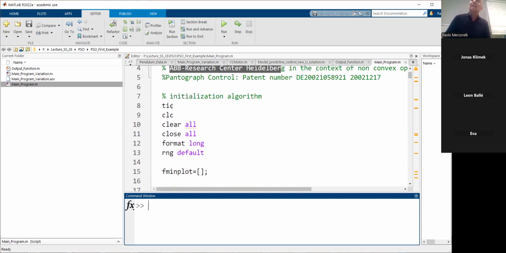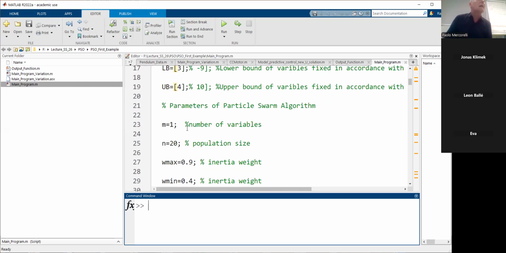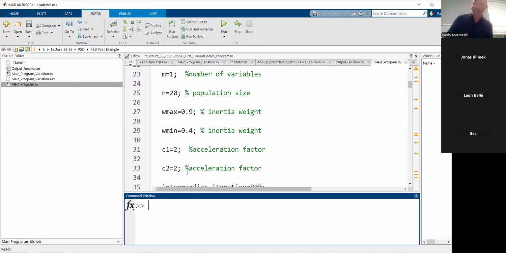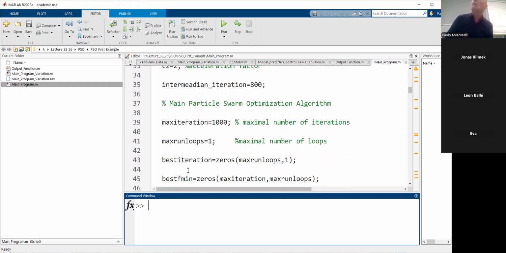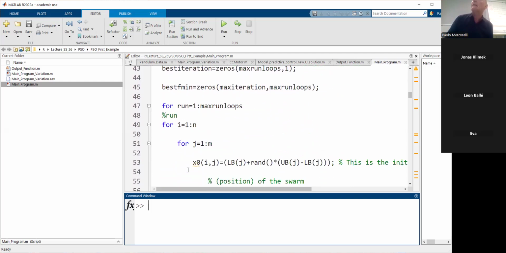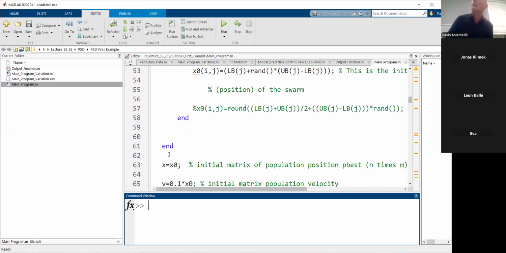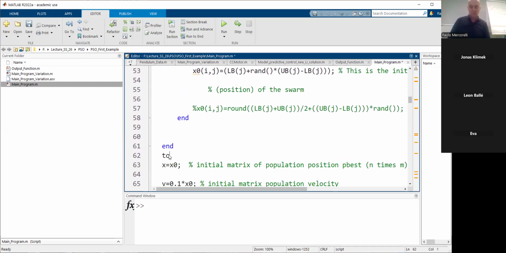Let me show you what I intend. It's just the measurement. I show you 1 second. Please pay attention to what I intend. Let me put tock here. If I run the program,